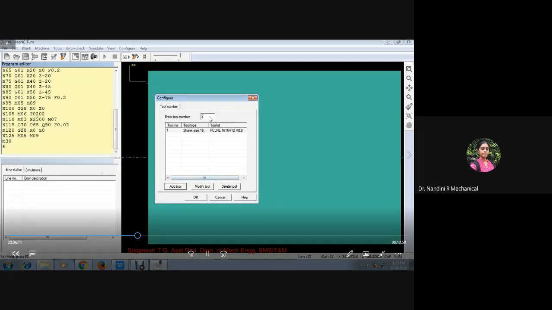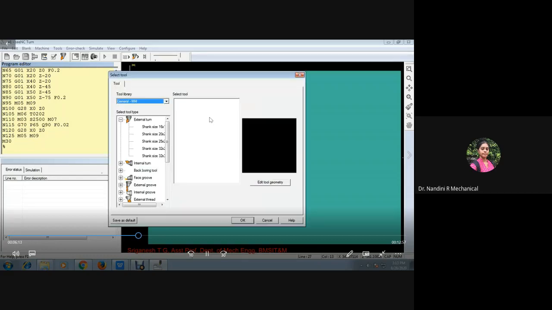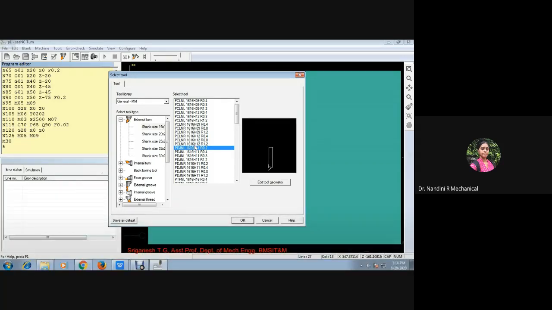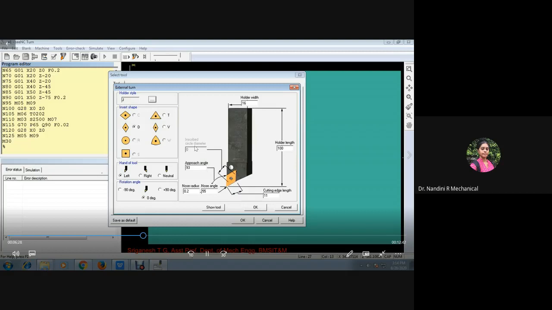If you go with tool number 2, it will go for the finishing operation. So now sir is adding both tool number 1 and tool number 2 to the database, so that when you click for the rough turning and the smooth finishing operation, you can directly click on the availability of the tool. The first tool was selected for rough turning, and now a tool is taken for the smooth finish of the turning operation.